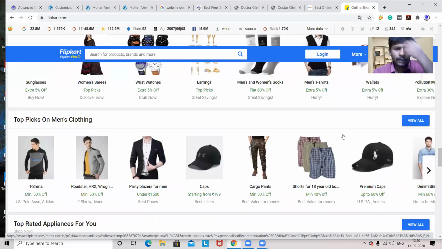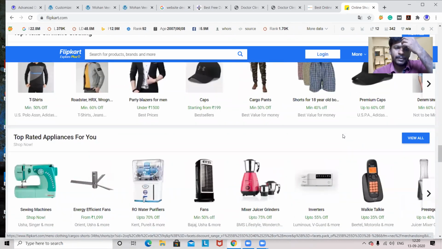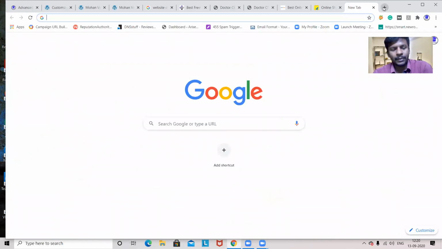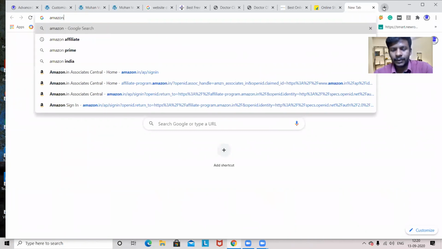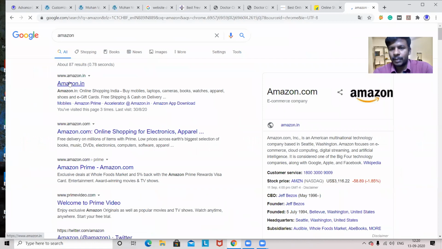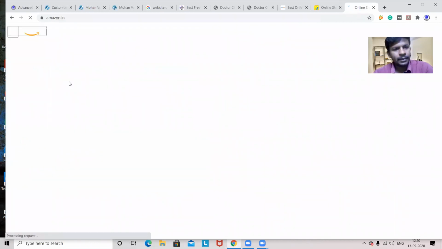That means whatever logo colors you have, those colors will be used maximum in the website. If you go to any website, I went to Facebook. Now if I go with Amazon also, the same thing. If I go with Amazon also, we can see the combination colors. Amazon logo, black and orange. So if I go into this website, that is the logo at the top.